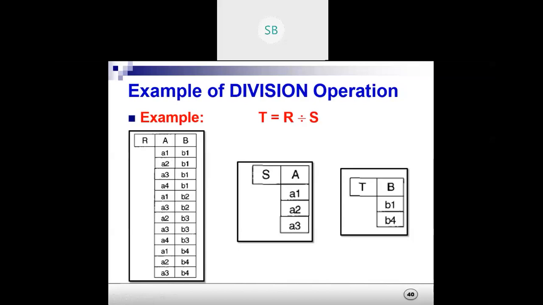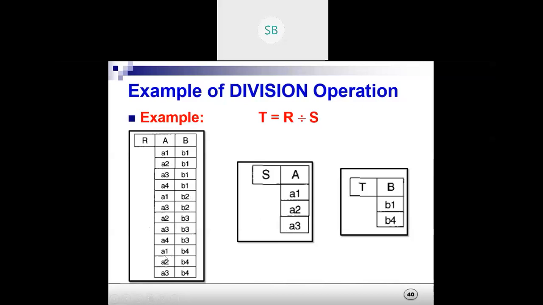See, here B1 will come because the same combination is there: A1, A2, A3. So B1 comes. Now check B2: A1, A3, A2. This combination is not there. If it had been A1, A2, A3 and here everywhere B2, then B2 would have come. We need to follow the same pattern, matched everywhere in both the tables.